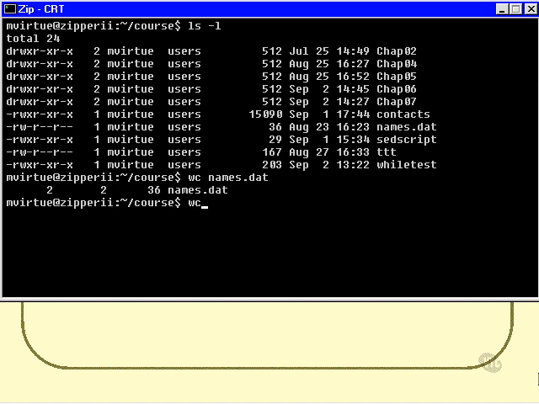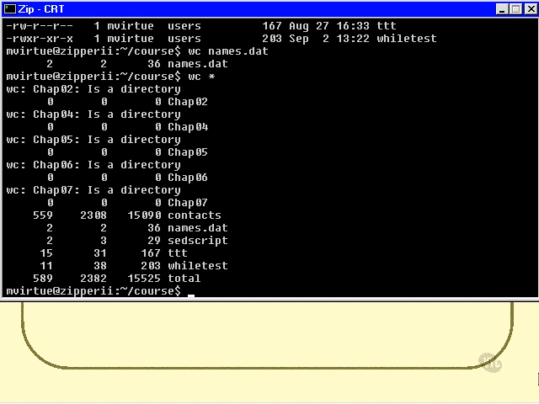Then I can do a wc of star, and I get some error messages for the ones that are directories, and then I get the numbers next to ones that are not directories and a total at the bottom. And again, all of this is as you would expect. A filter will process a single file or it will process several files. Now the interesting thing is it will actually also process no files at all, which means that if you just type in wc by itself and press enter,